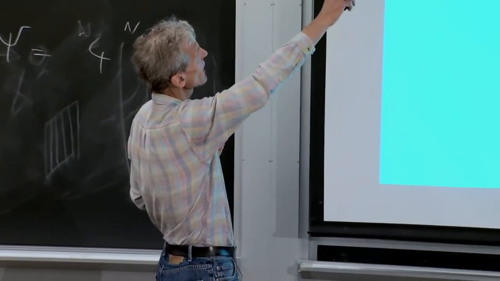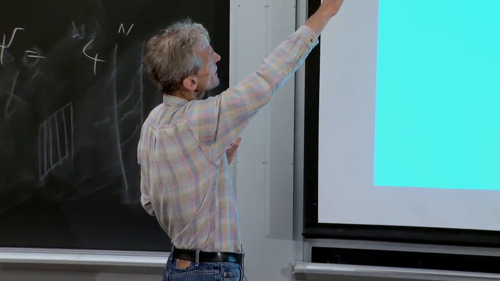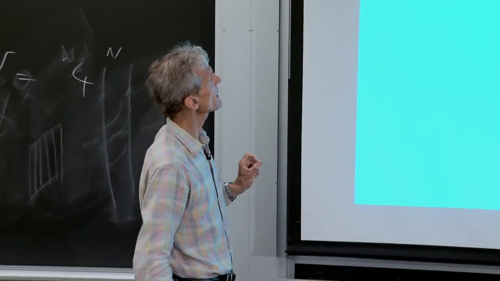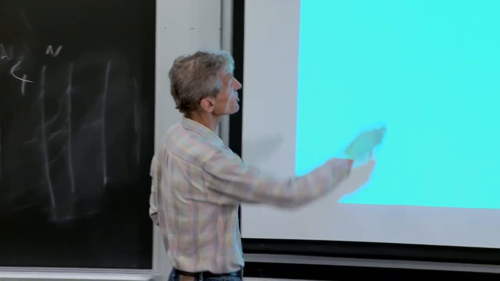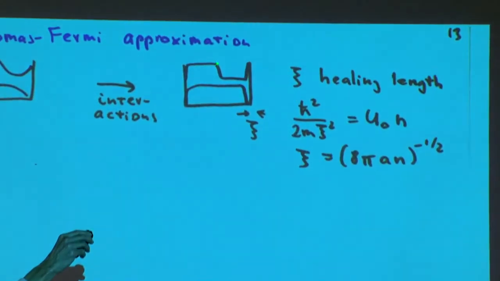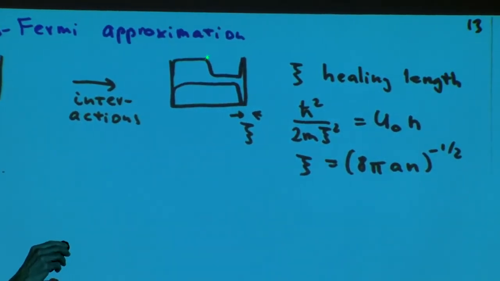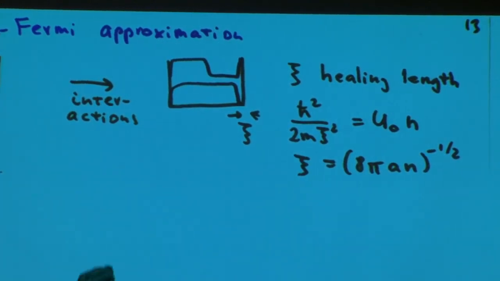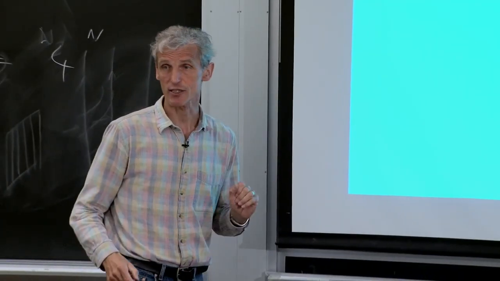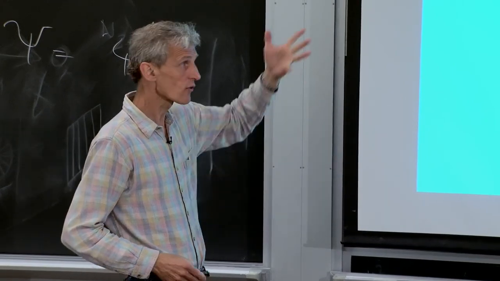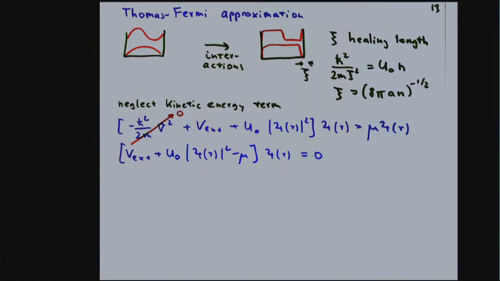Well, if you would now ask, how do interactions transform the first excited state in the box potential? Well, then it's again flat as much as possible. But then, if you want to maintain the parity of the wave function, then it's only close to the zero crossing, within a healing length, that the system says, okay, now I change sign. So that's sort of what is inside the Gross-Pitaevskii equation.